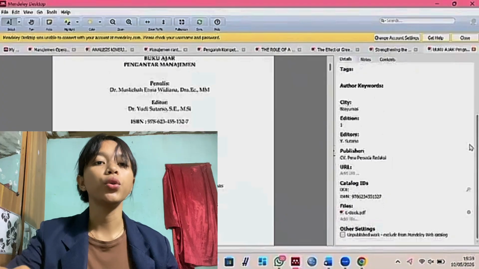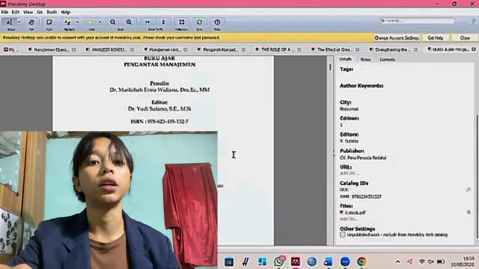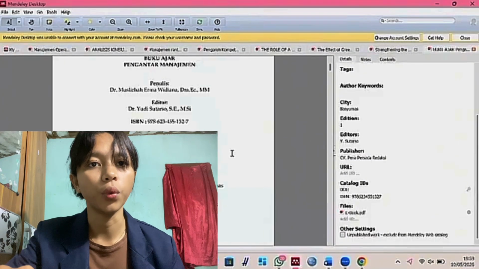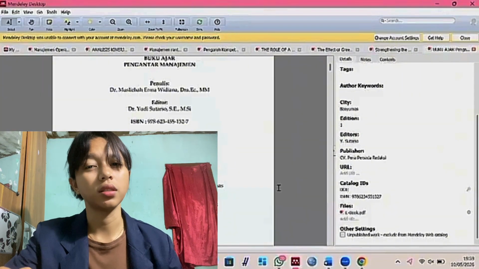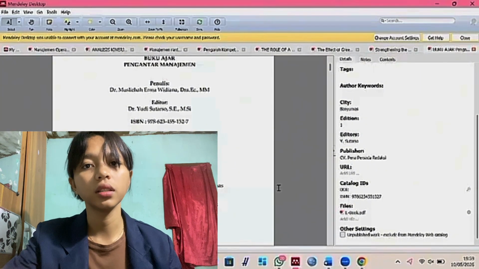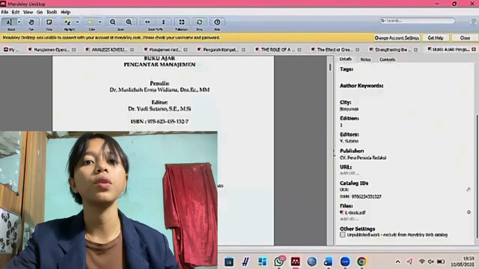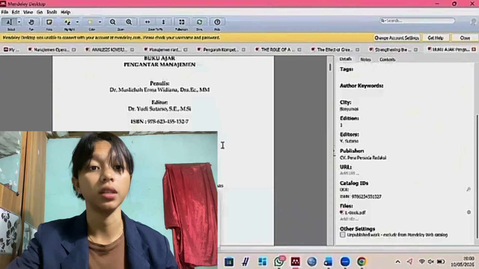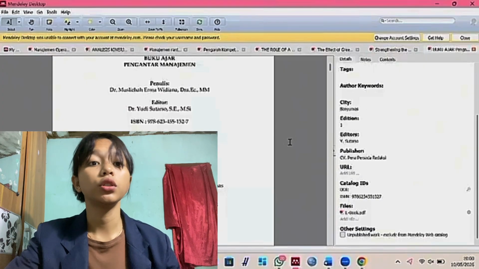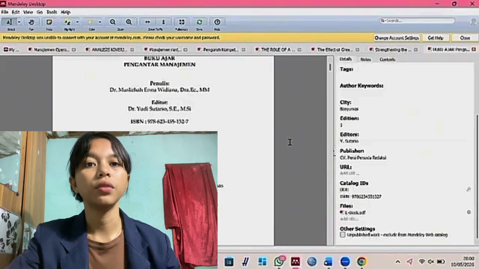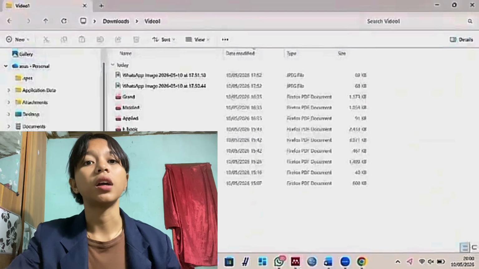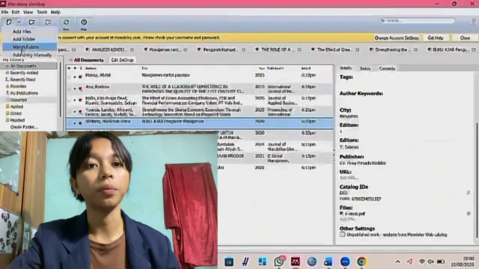Now I will show you how to manually add a reference from a web page. The steps are: click Add New, then select Add, Enter Manually. In the Type section, make sure to select Web Page. The information we need to complete is the title of the article or the web page, and the author name.